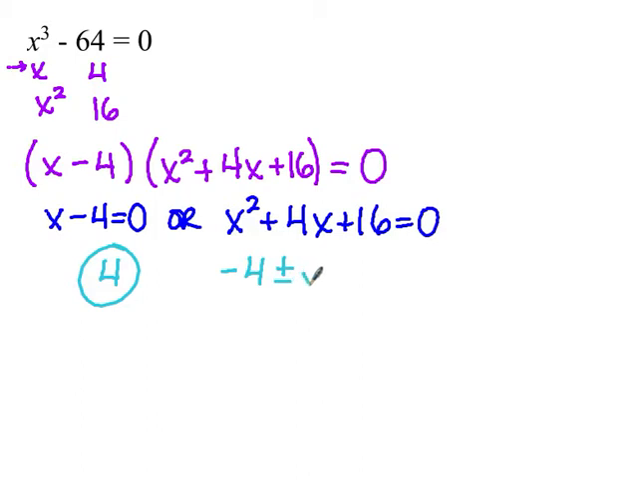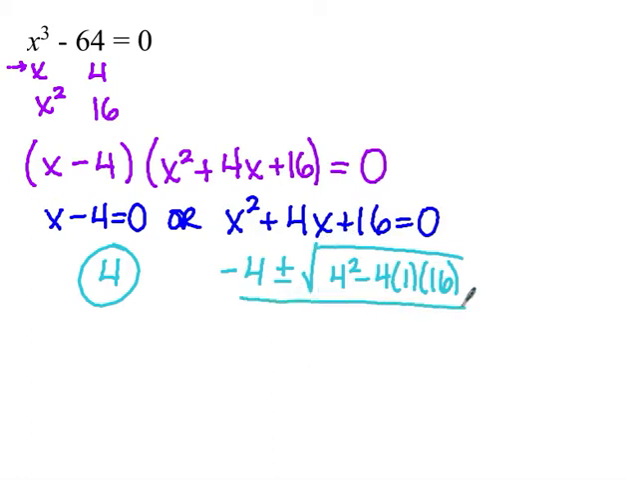So negative 4 plus or minus square root of 16, b squared minus 4ac, all over 2a. What's the formula? Okay, negative b plus or minus the square root of b squared minus 4ac, all over 2a. So then now what's 4 squared? 16 minus, okay, so really I have negative 4 plus or minus the square root of